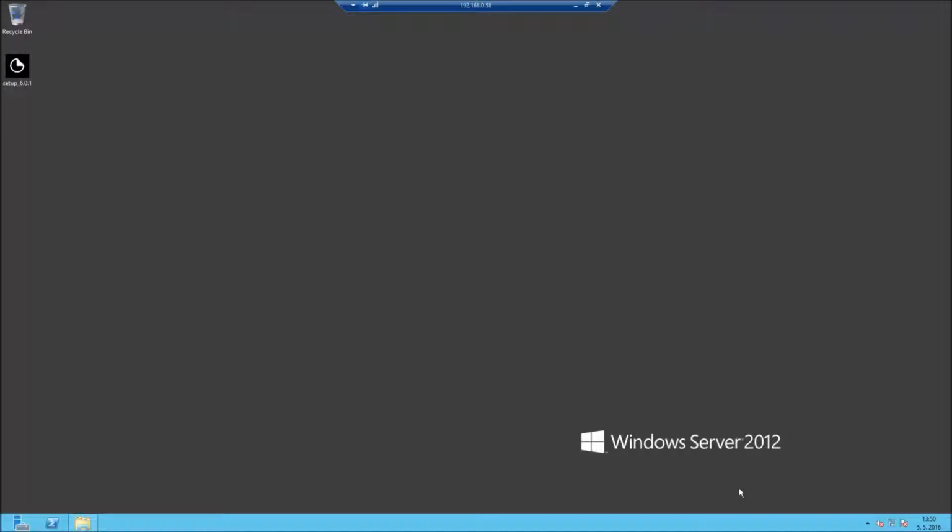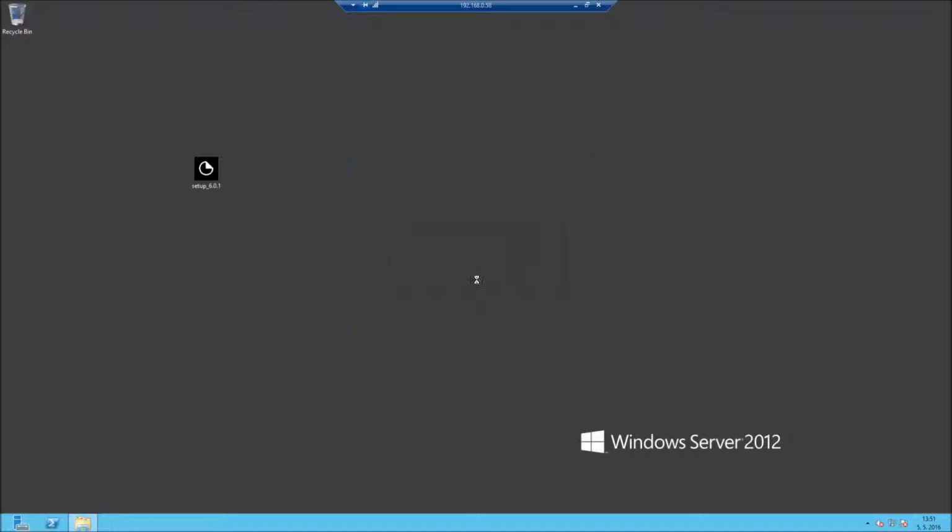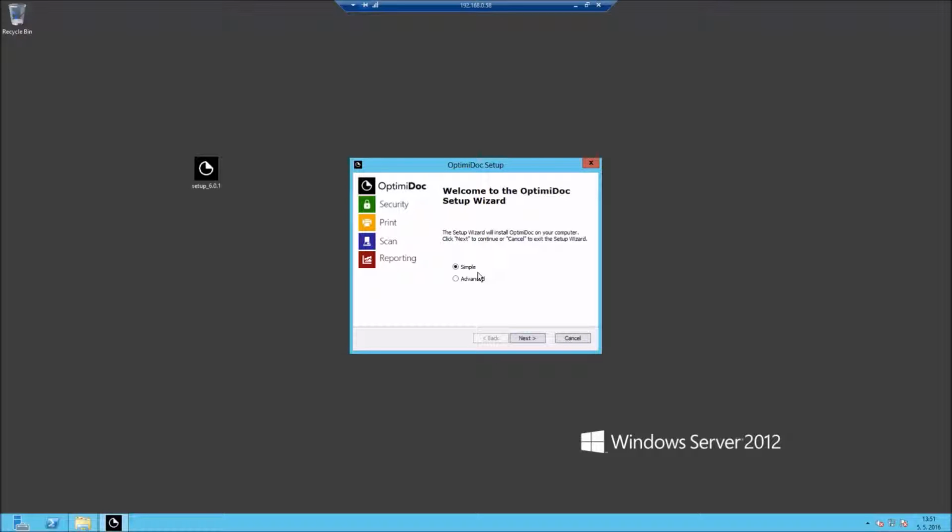Hello, in this section I'm going to install OptimiDoc on the clear installation of Microsoft Windows Server 2012. For this demonstration I have prepared the installer of version 6.0.1 and when I click on the installer, first option is the selection of the language. For this I will leave the default English, and after I confirm the language, first of all the system checks